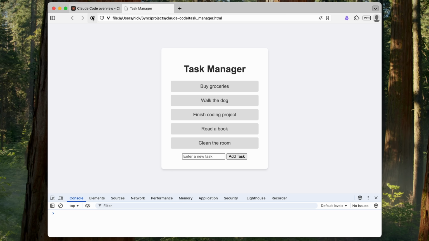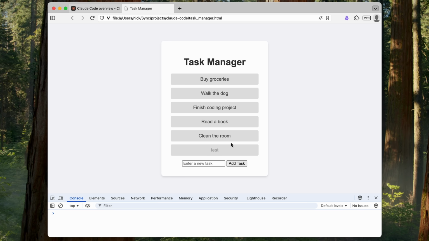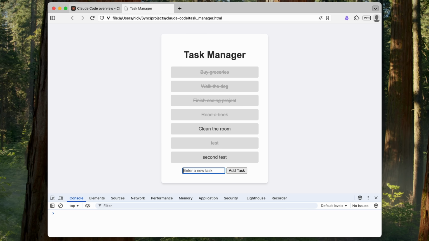Let's test it. I refresh the page, add a new task, and now try marking it as completed. Yes, that works. Great. Let's mark another item as completed. Yes, everything seems to be working as expected. Tasks can be added, marked as complete, and reverted back, all exactly as described in the task. Excellent. Alright, I'll stop here with the tasks, since it's already clear that the Claude Code plus locally running Gemma